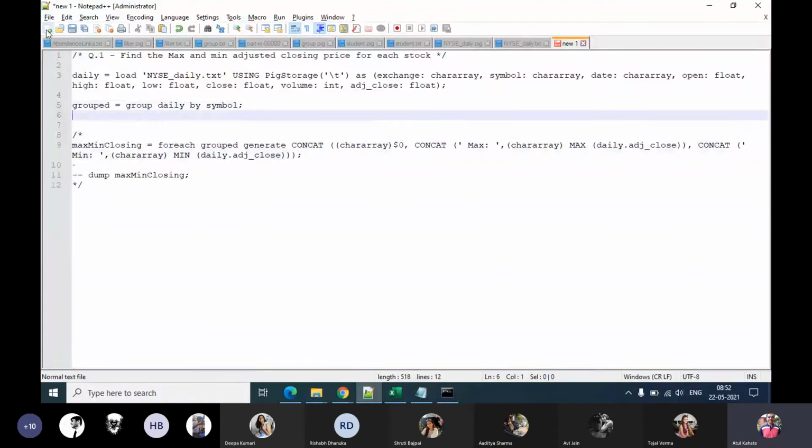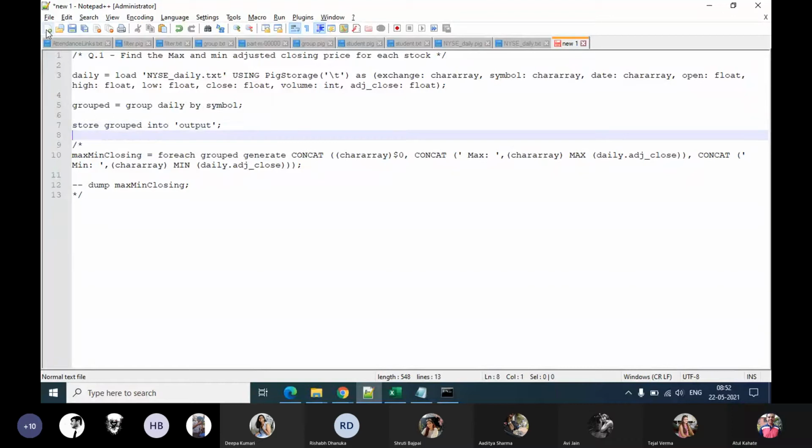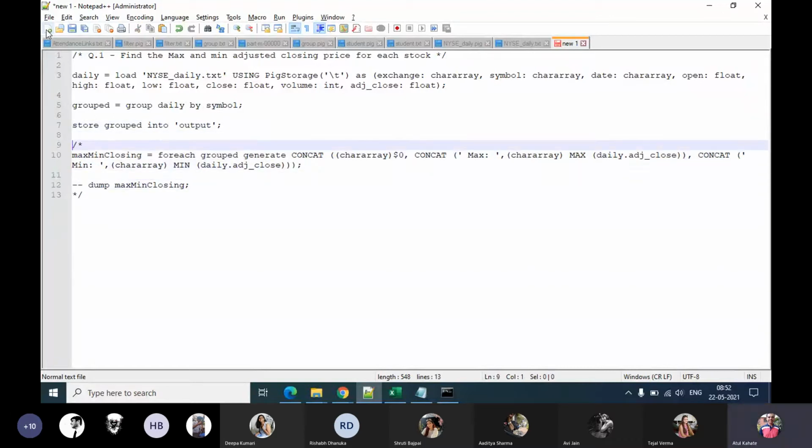And here I will actually say store grouped into output. We are not doing the max min part yet. We are simply grouping the data on the basis of the stock symbol, and then storing the grouped relation into output.